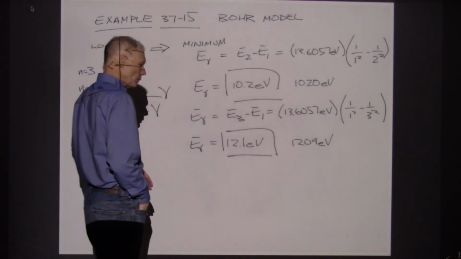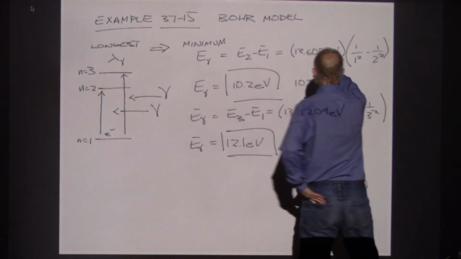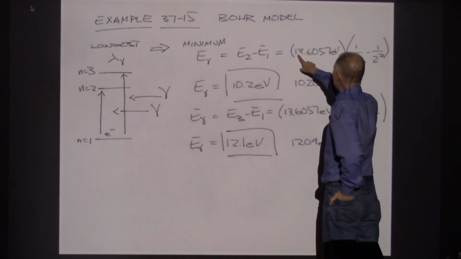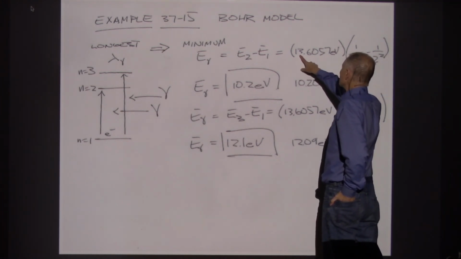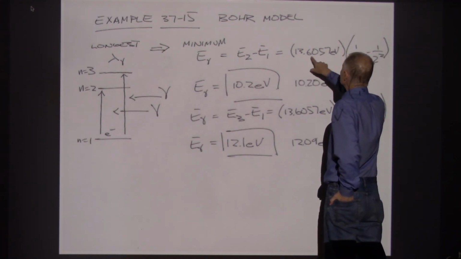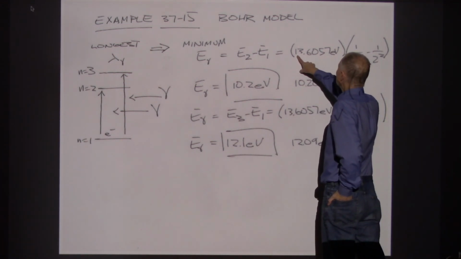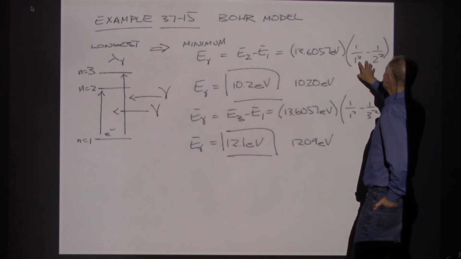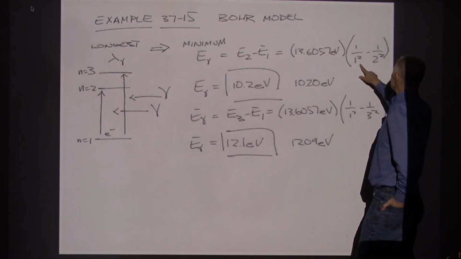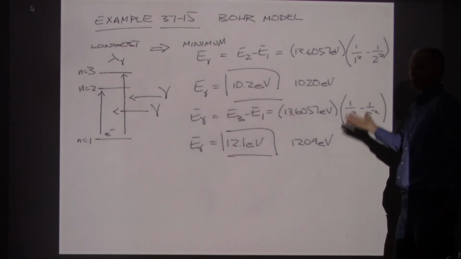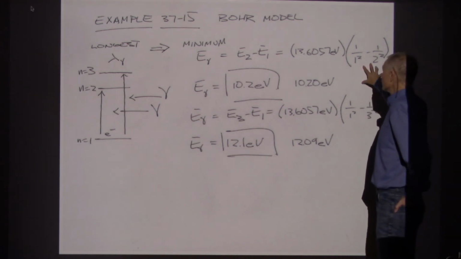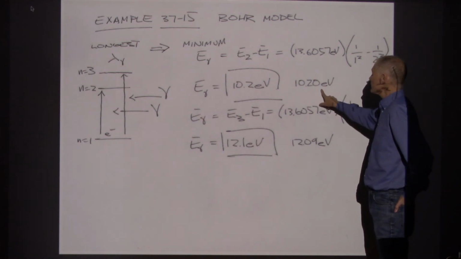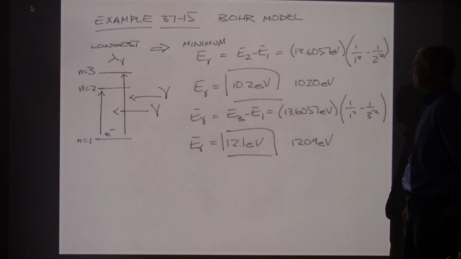So again, using those same formulas. Now I wrote this out to more significant figures than I probably should have. This is often written as 13.6, and that's fine. Don't worry about all these extra digits. But I wrote it out, 13.6057 eV, got a few more significant figures. These are integers, basically, so these are very, very precise. So the energies we're coming up with here, the energies between these states, 10.20